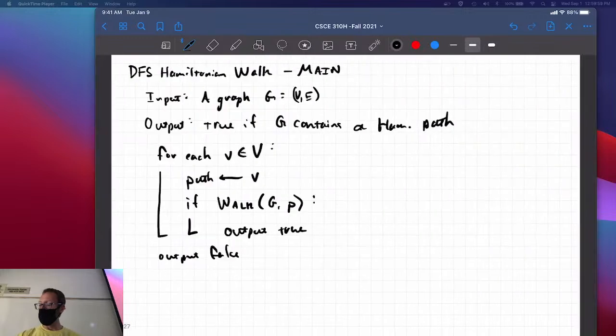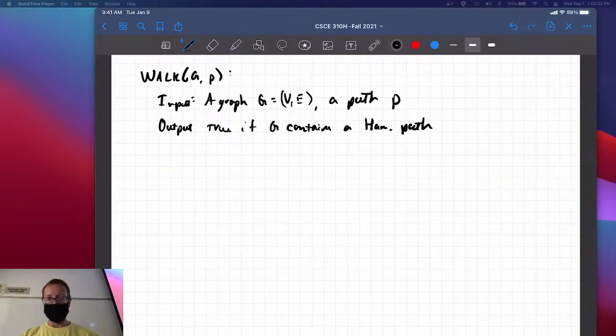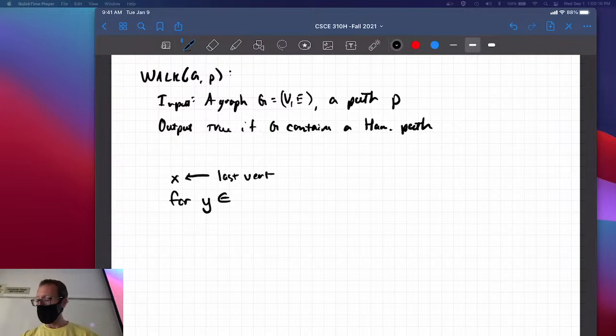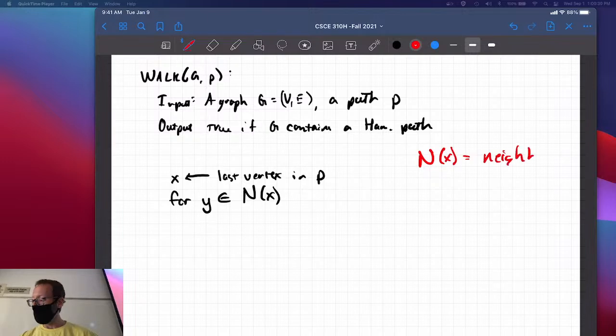Okay? So all I need is, I'm going to have to set X here. Set X to be the last vertex in P. Right? For Y in the neighborhood of x. Right? Now here's my annotation of this. N sub x is equal to the neighborhood of x. Right? It's just all the vertices that are immediately adjacent to it. Okay. For each one of those y's, if y is not in the path, then I call the